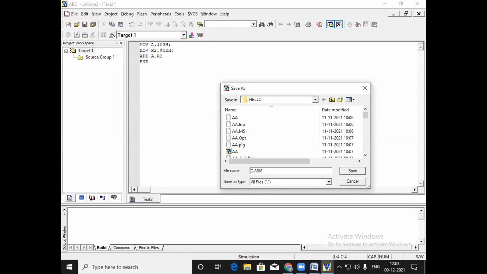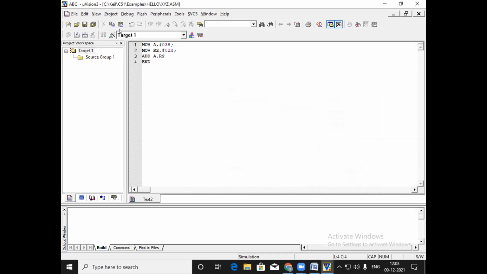त्यांना वाटायचं आपण एबीसी मग आपण XYZ देऊ. XYZ dot asm, फक्त इथे asm फाईल त्याची आणि तो ऑल फाइल्स पाहिजे. Here is asm and here is the all files are there. Save. इथे दिसते बघा तुम्हाला abc is the name of the project is there. In that project we have to create XYZ dot asm file. This is the location where we have to store the file is there.